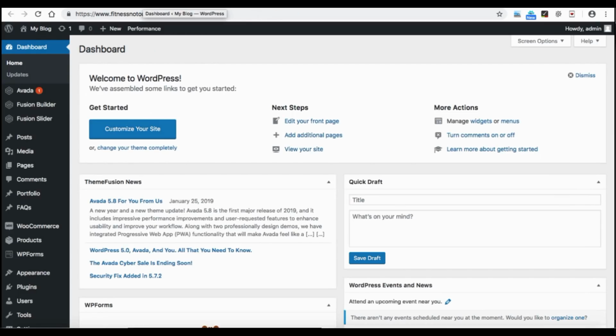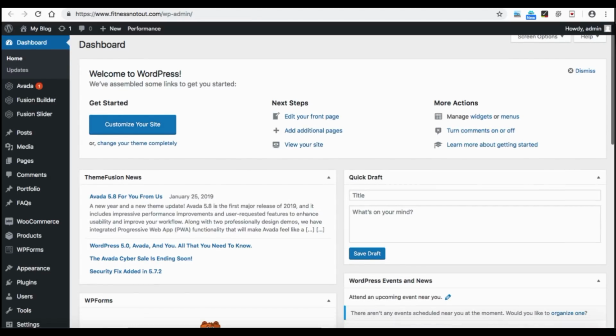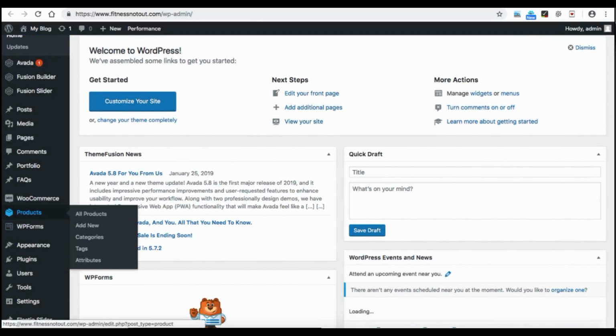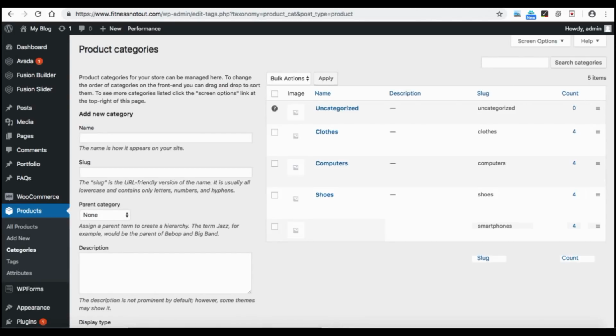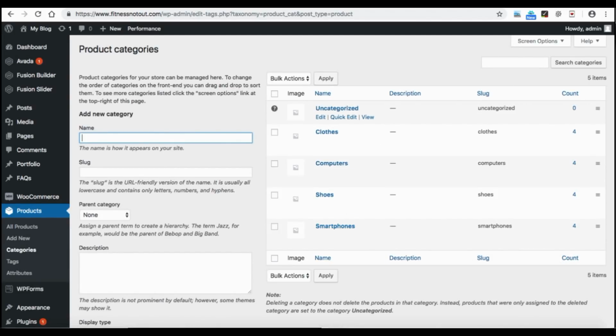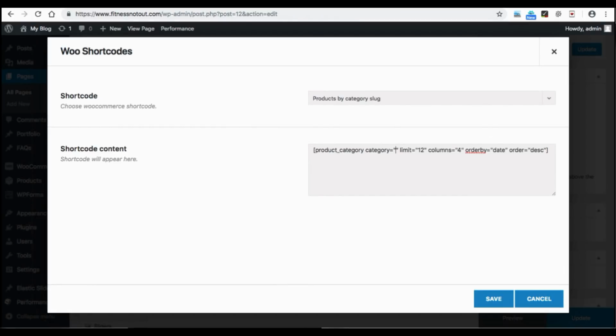In order to find the slug of a particular product category, go to the products and then categories. Now here we have the slug section. So for clothes, this is the slug. For computers, this is. For shoes, this one. And for smartphones, this one. So let's go ahead and hit this clothes. I'm just copying it from here, going back to the home page, and here we can simply paste it